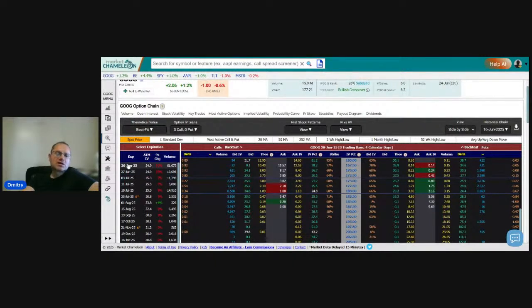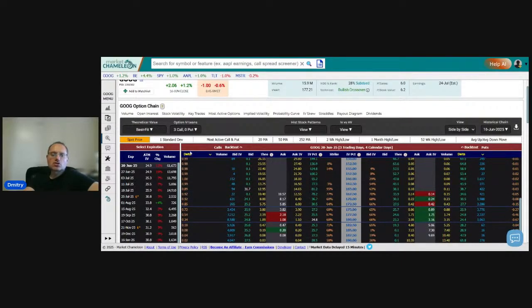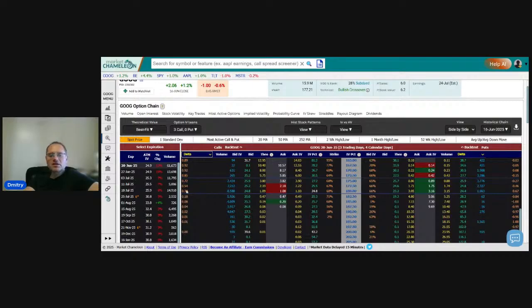And here we see right now we're defaulted to the nearest term option expiration. We have the calls on the left hand side, puts on the right hand side, and next to the calls, you see this last column says delta. If you see here, I could drop it down and change it. It's defaulted to delta. And here we have these different numbers on the left hand side. You'll see that the deltas are positive. On the right hand side, the deltas are negative,